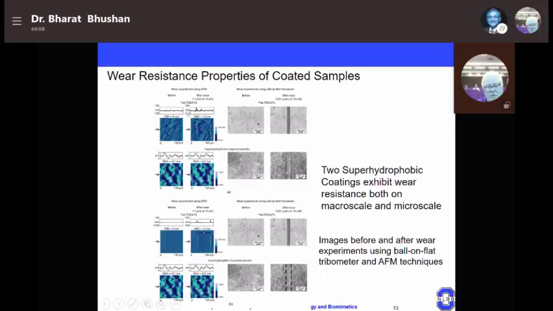The first row shows the data for the polyelectrolyte with the functional layer with no nanoparticles. And this row shows the data for the superhydrophobic and superoleophobic coating. So when you look at a coating with no particles, you see